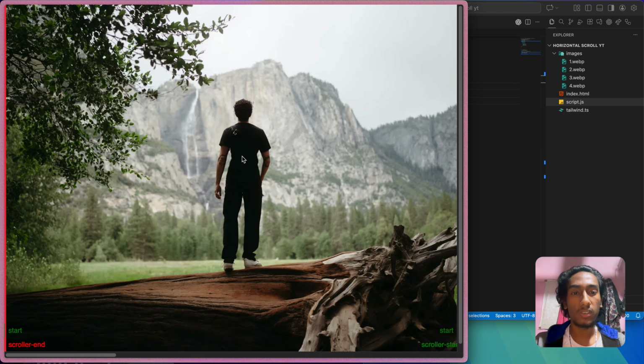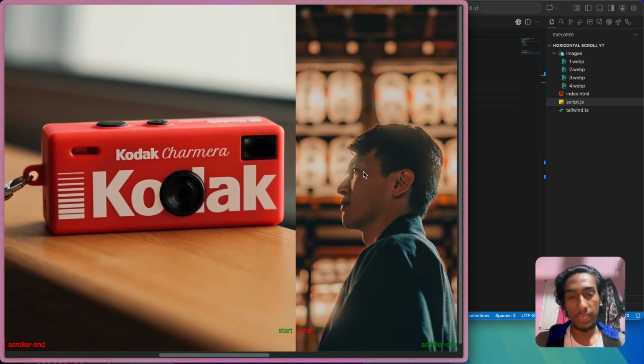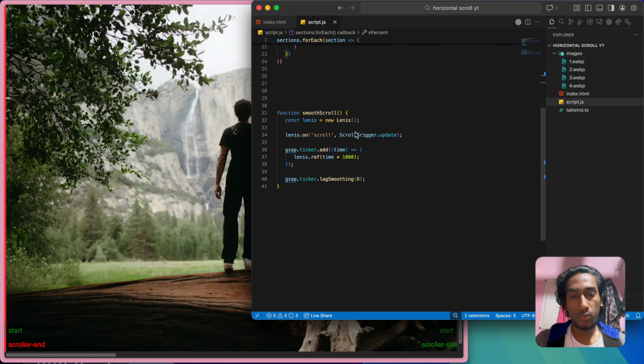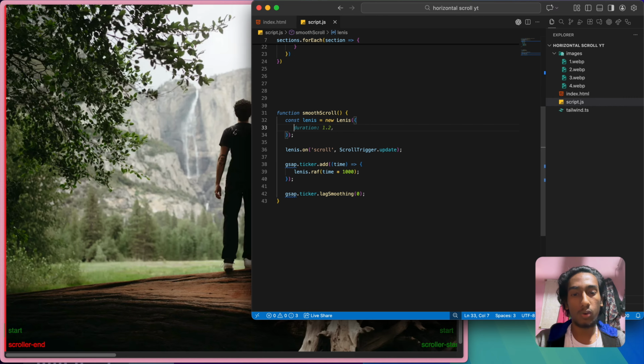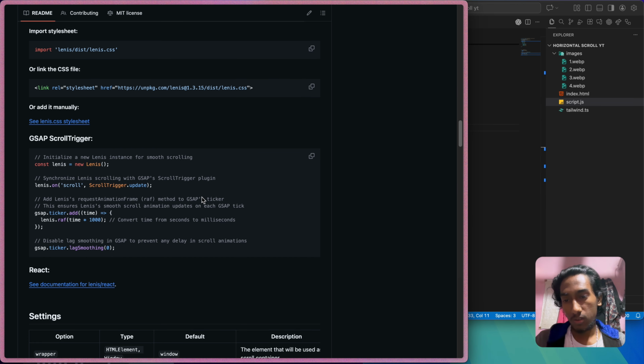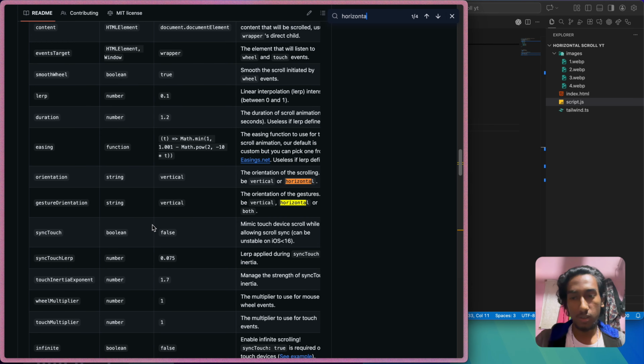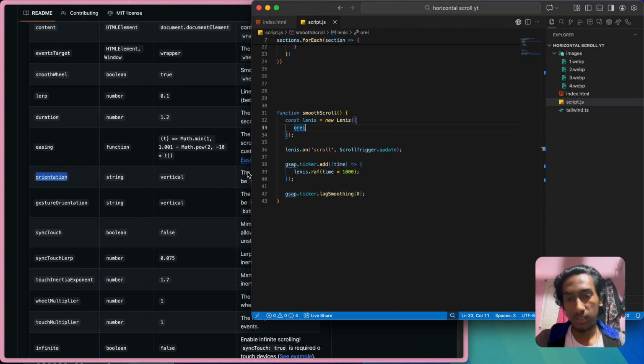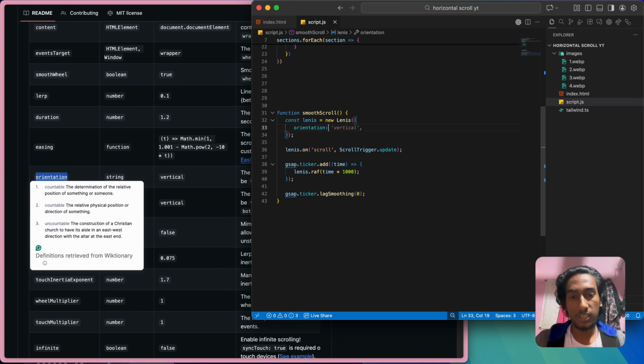So there are a bunch of ways to make this horizontal scroll animation. The easiest way is to go inside Lenis and pass the orientation. I forgot, let me check. Okay, yeah, the orientation property. So if I just paste it and make it horizontal,